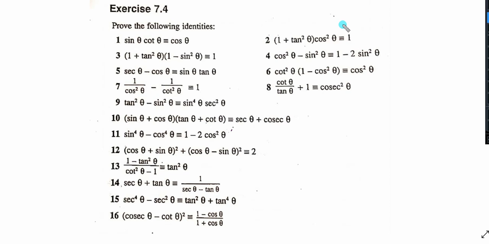Okay, now before we look at this question proving the identity, we go and look at a couple of these for the sake of revision. Now, sine theta over cosine theta is actually equal to tangent theta. Okay, this can be proven